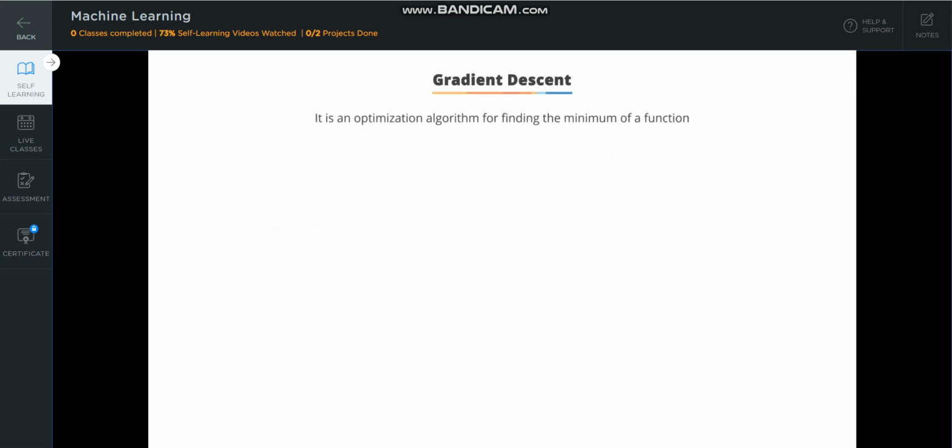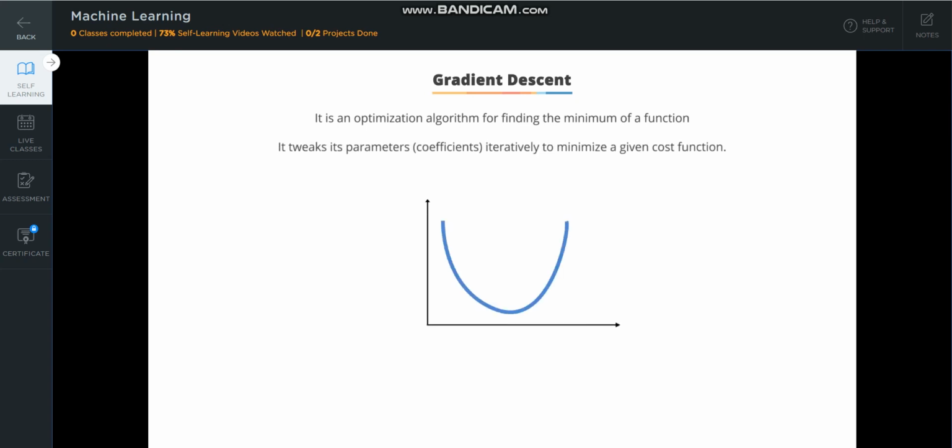Gradient descent is a first-order iterative optimization algorithm for finding the minimum of a function. It tweaks its parameters or coefficient iteratively